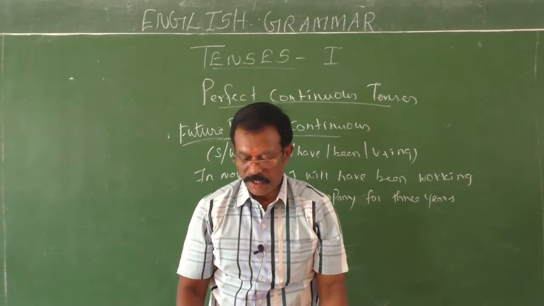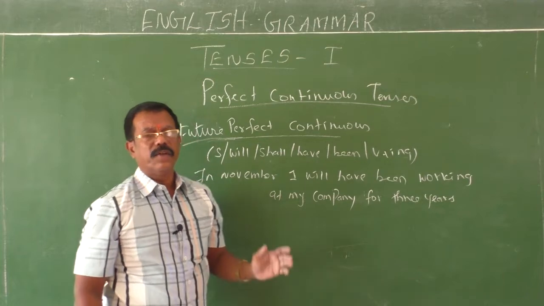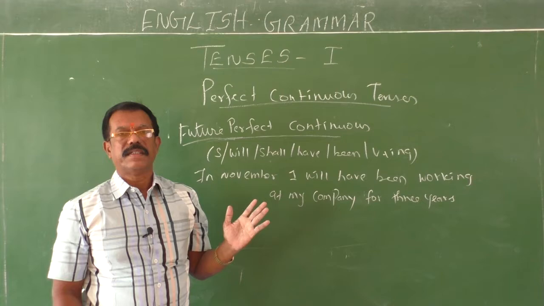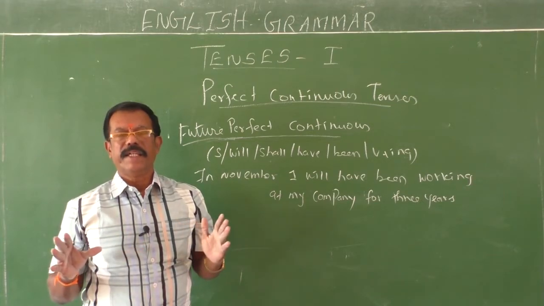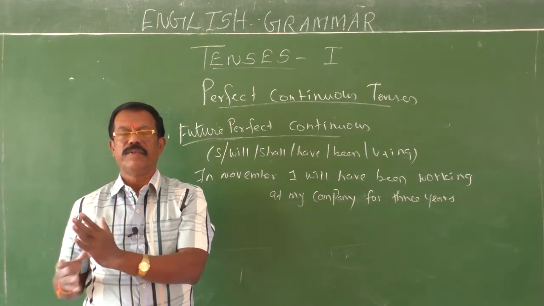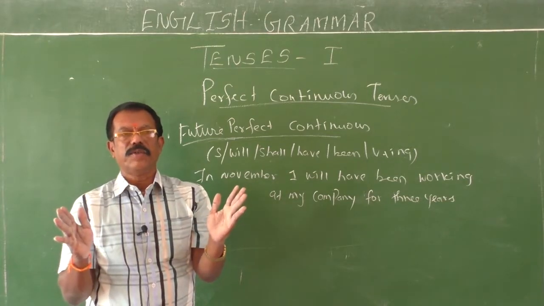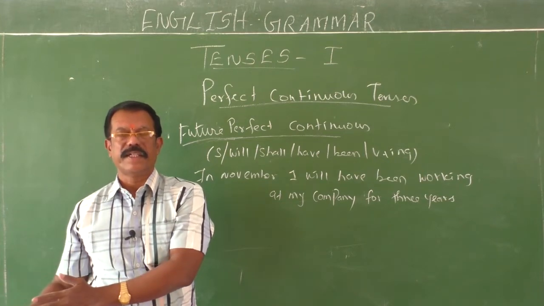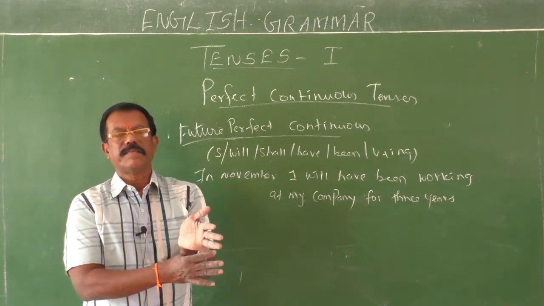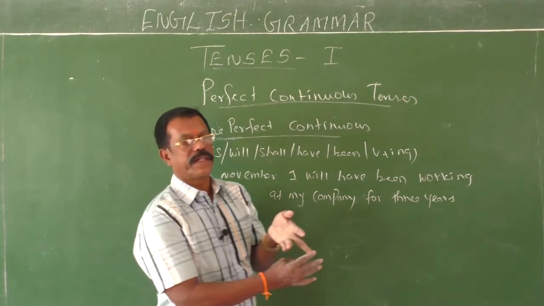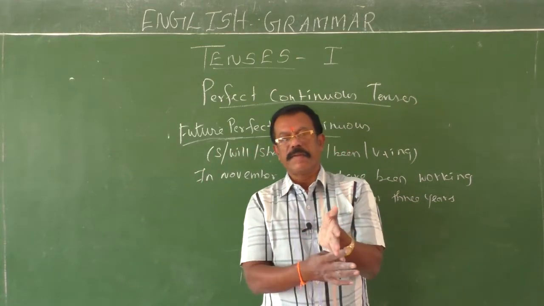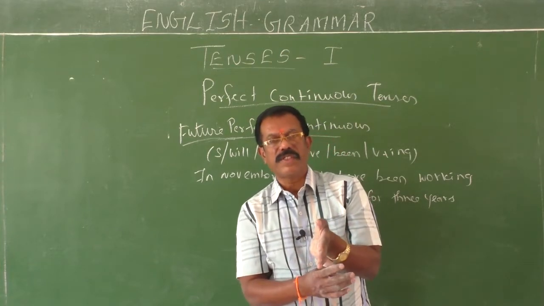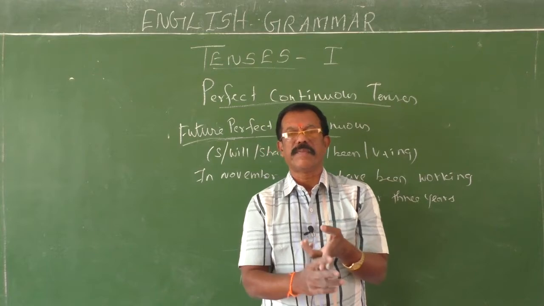Okay, children. So far, you have to understand one thing very clearly. Tenses refer to the time of action. Let me sum it up. So we have three major tenses: present, past, and future. They are further subdivided into basic tense, continuous tense, perfect tense, and perfect continuous tense. In such a way, we have simple present, present continuous, present perfect, and present perfect continuous. Then simple past, past continuous, past perfect, and past perfect continuous. Simple future, future continuous, future perfect, and future perfect continuous tense.